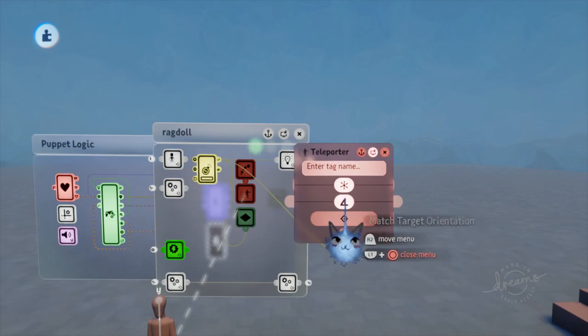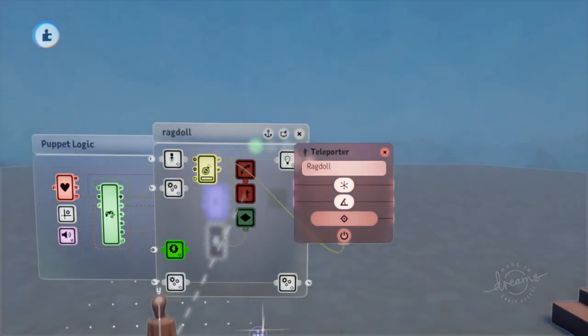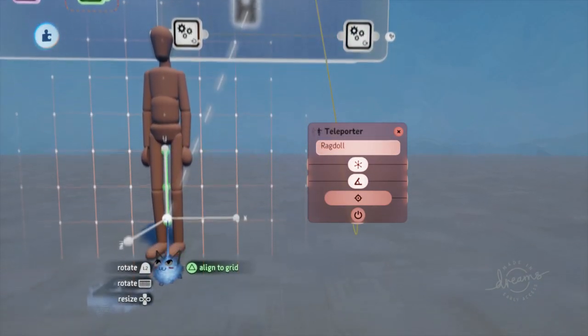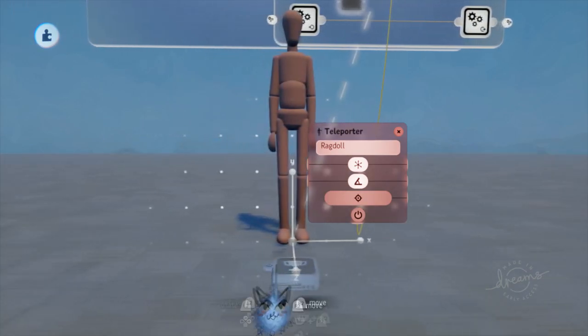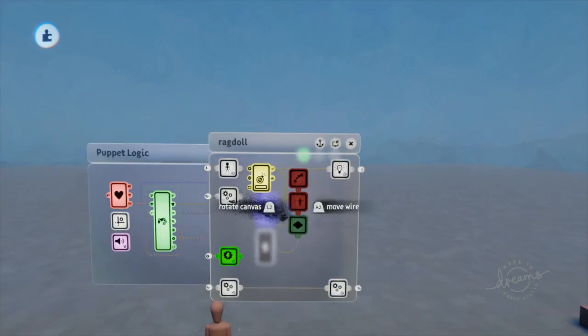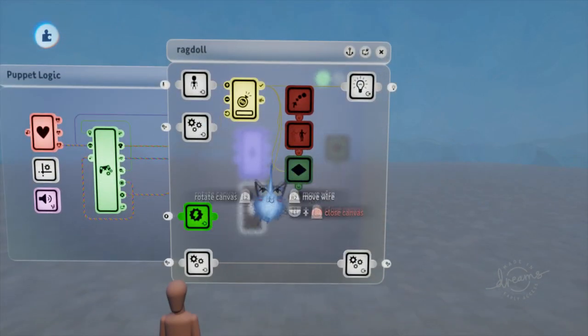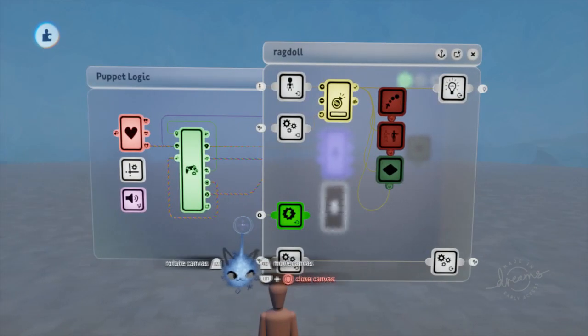For the teleporter, set the tag to follow to ragdoll, and turn on the match target orientation button. Use the grid to move the gizmo of the teleporter to the bottom middle of the puppet, making sure not to rotate it. This is technically done if all you want is for your character to ragdoll upon death, but